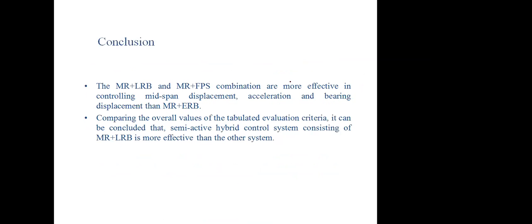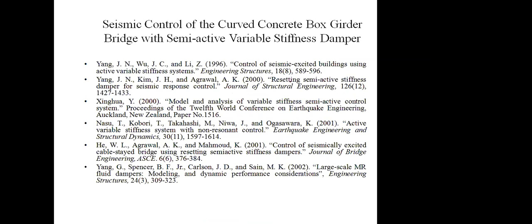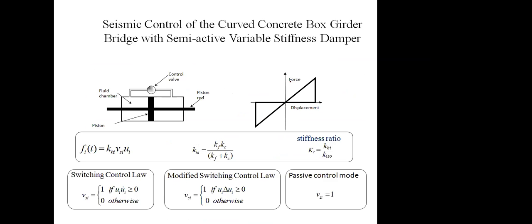And another one is just some modification of the viscous damper. We can make another damper: the semi-active variable stiffness damper. The viscous damper is made up of one cylinder in which there is a piston with a number of orifices, and it contains a fluid. According to the fluid viscosity, we can calculate the values of the forces at the different nodes. But this is the semi-active variable stiffness damper.